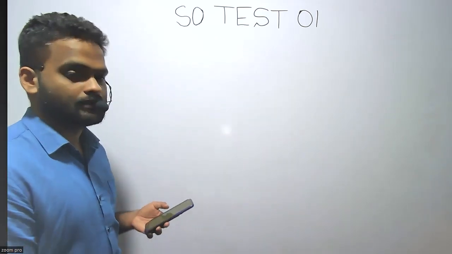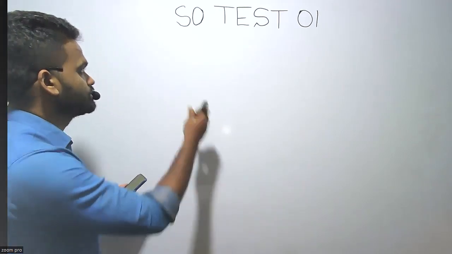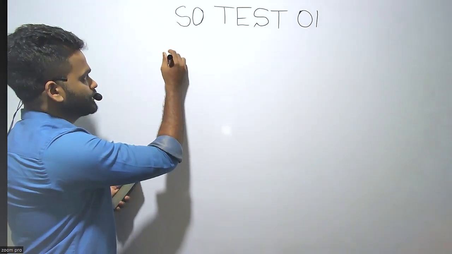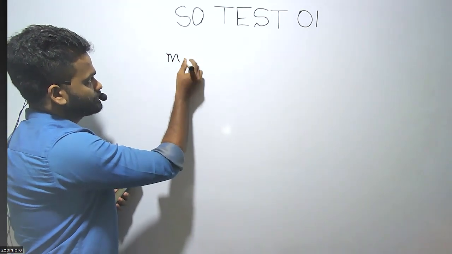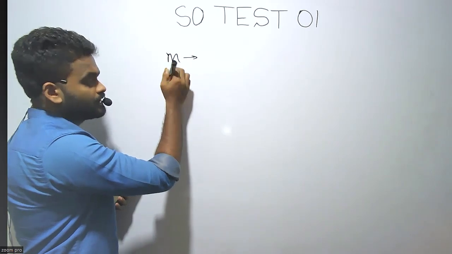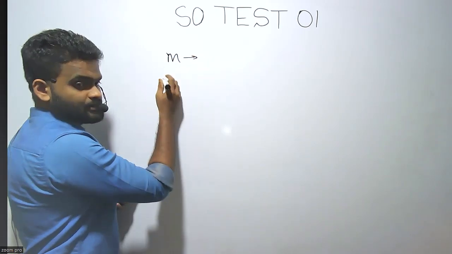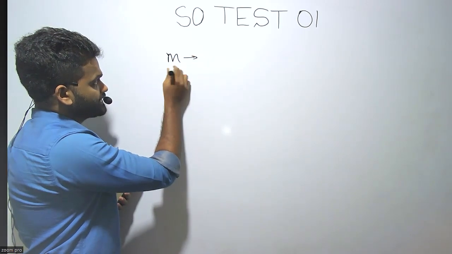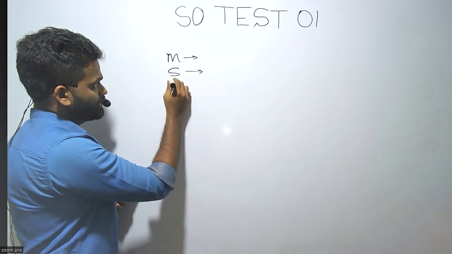So we have 7 fundamental units. I hope everyone knows this, right? One is meter. These are fundamentals. The meter measures length. Then we have seconds to measure time. Then we have